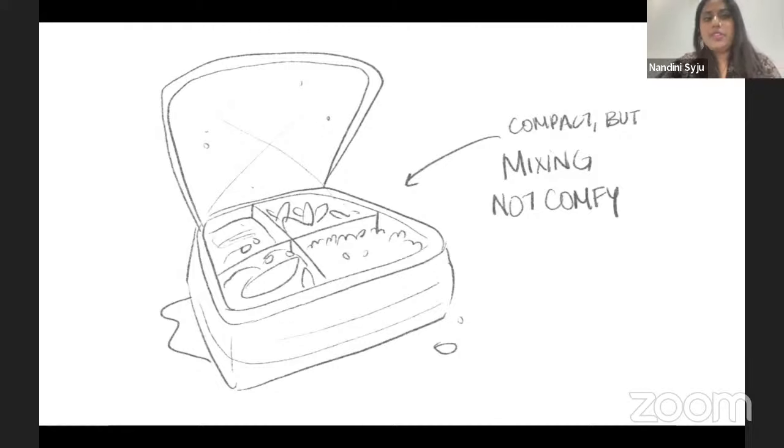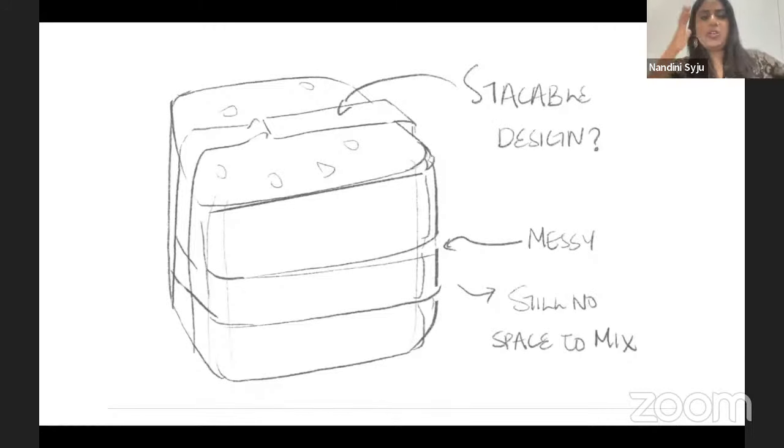So you know, we really need more space. That's the whole point. And then I thought about, okay, what about the stackable model? It works, it's something that people have been doing. But then I realized that the main pain point with stackable models is that, first off, little girls and stackable